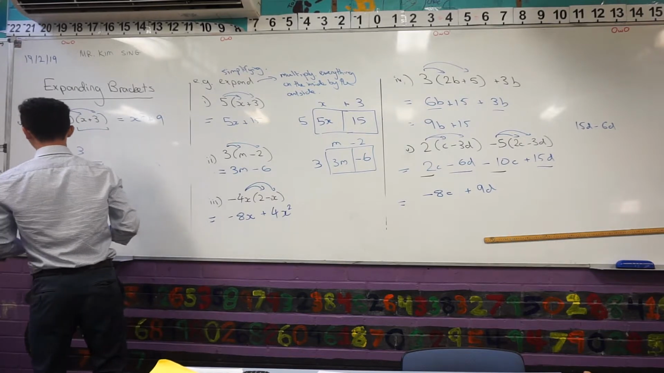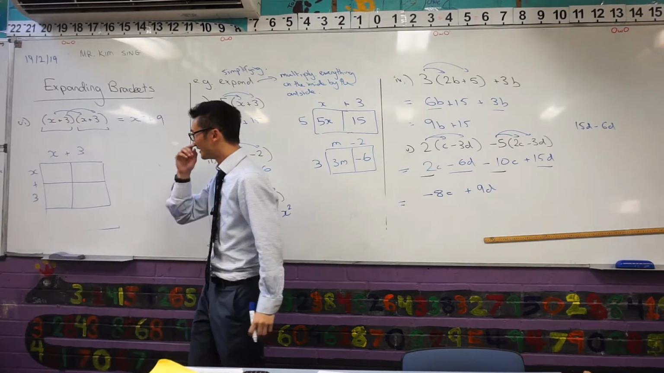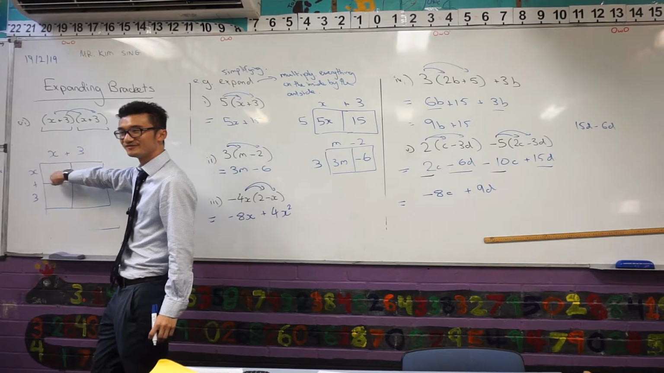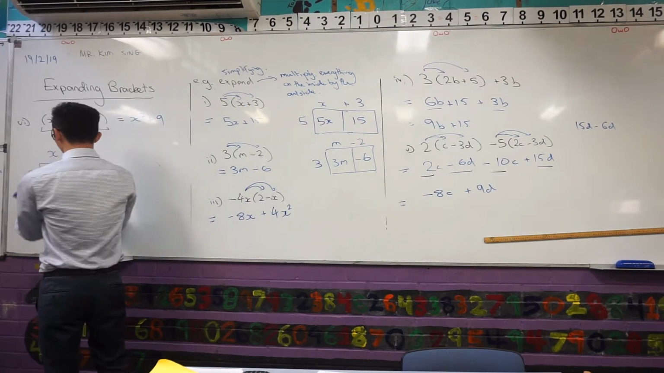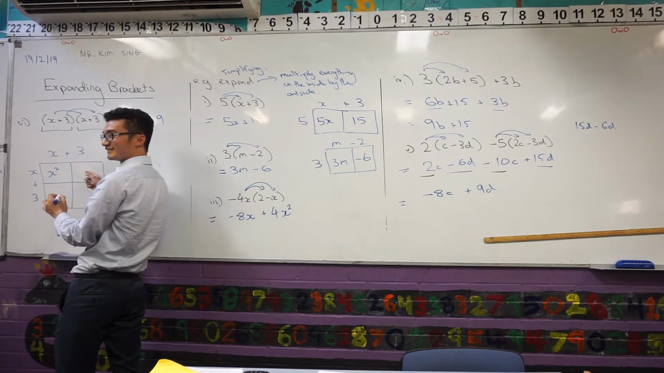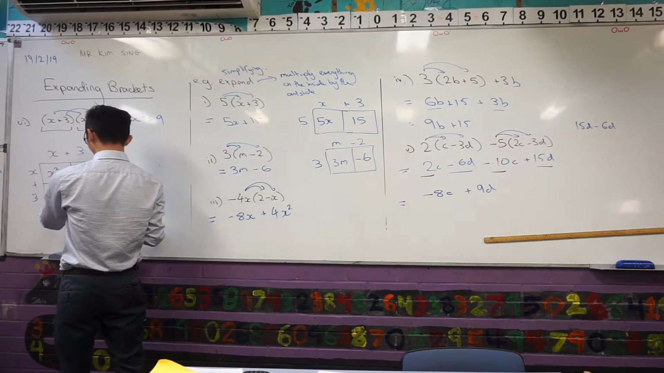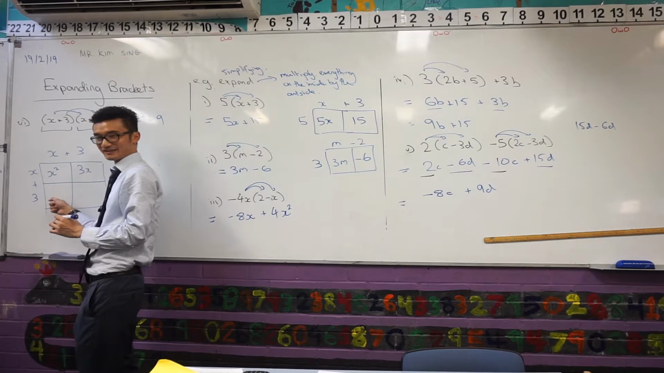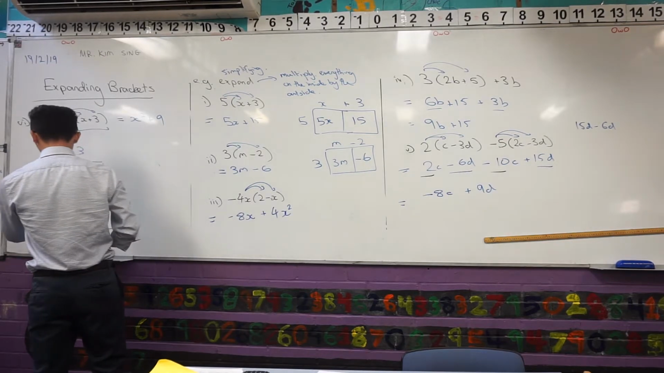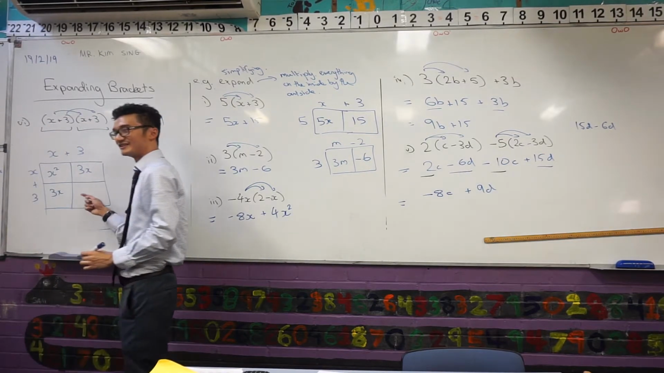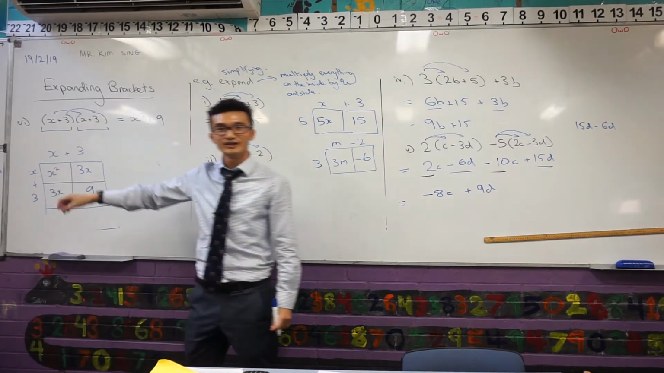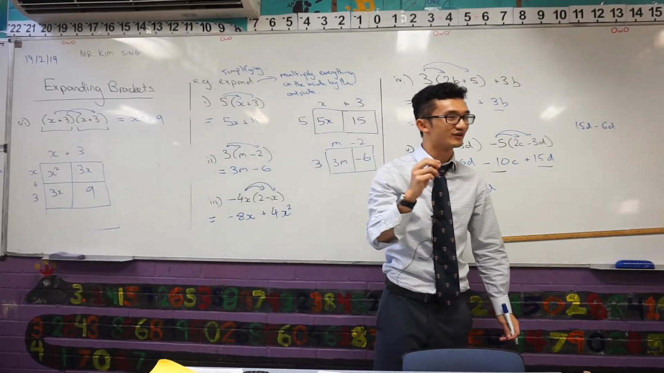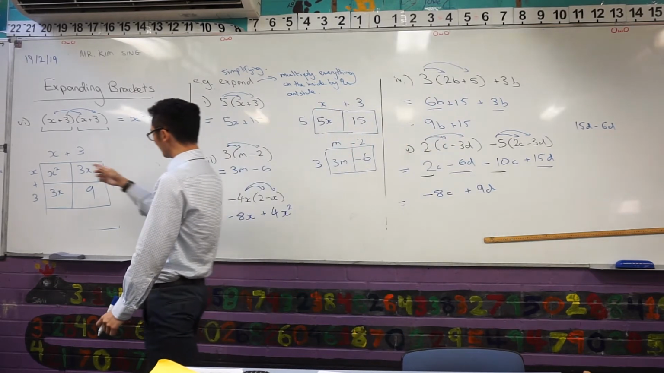sorry, my drawing isn't too great. What's the area of this one? X times x, which is x squared. x times 3, which is 3x. This one's actually going to be the same. Can you see that? Which is 3x. Now here's the hard one. 3 times 3, which is 9. To find the area, all we have to do is add those all up together, which would be,